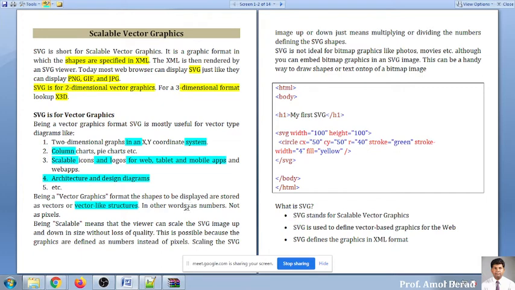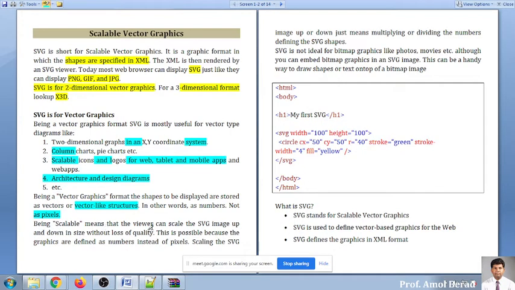There are no pixels specified here. With no pixels, it becomes very difficult for a developer to use SVG. That's why it is not that feasibly used. Canvas has taken the place of SVG, but as a student, we should know what exactly SVG is and how it is used.